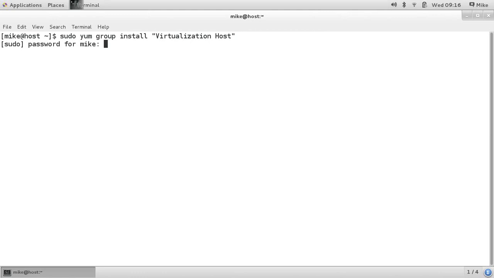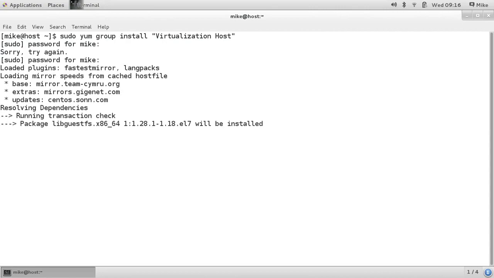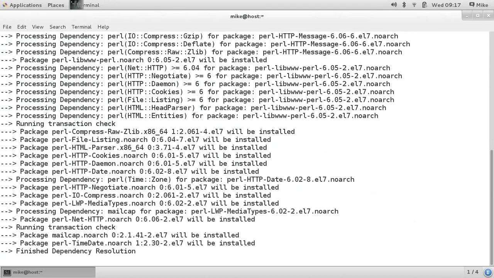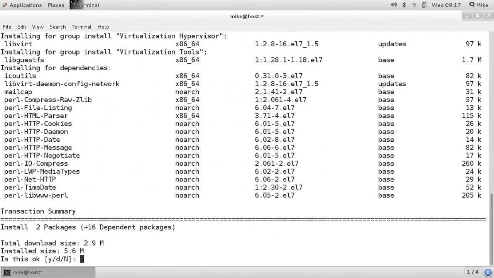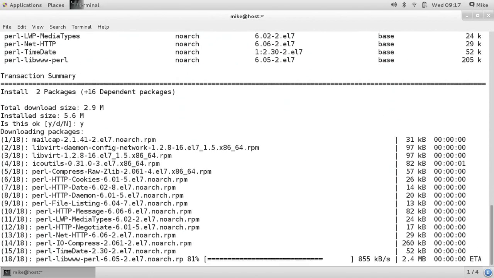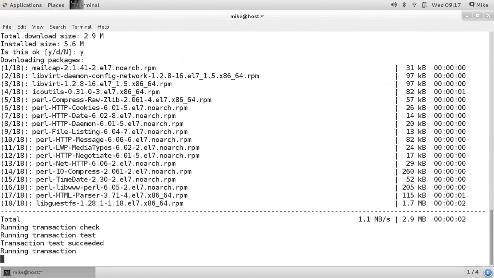Enter in your password. And you'll see here it will go through and pull in all of the dependencies needed for this group. So hit Y,